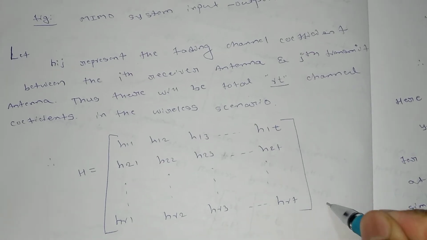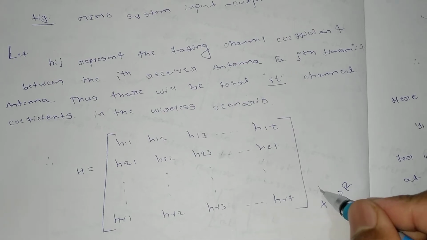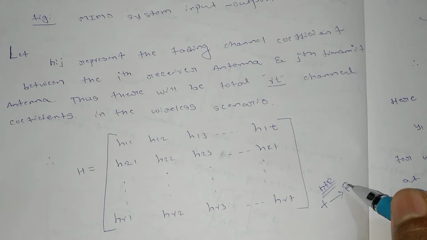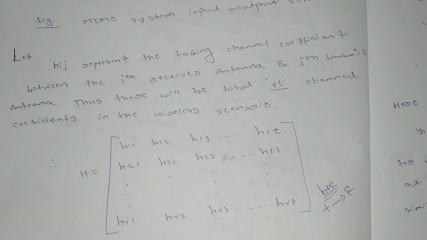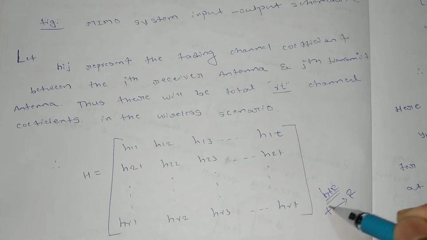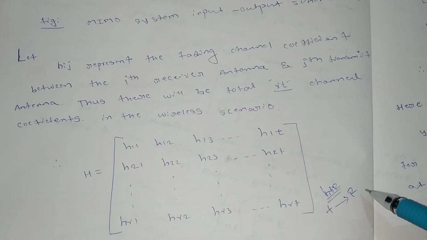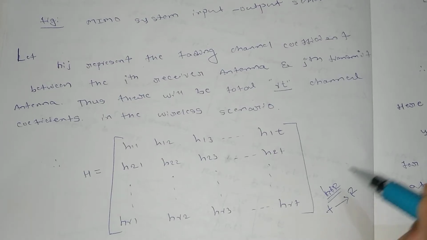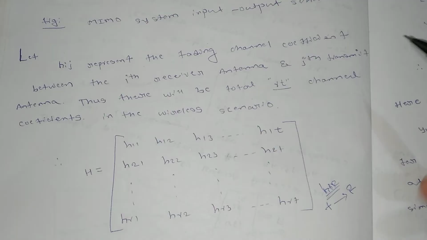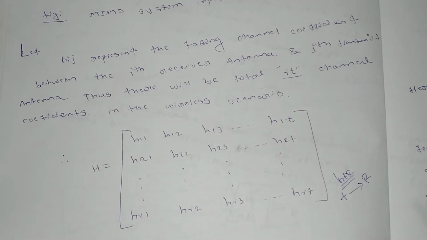So I have a transmitter here and a receiver here, and there we will have one set of channel coefficients, I can say. So this is the channel coefficient. If it is a Rayleigh fading channel, then we will have a channel fading coefficient which will be multiplied with the input signal, and it will be received at the receiver. So we need to filter these things in order to get the original signal. That's why we should know what the channel matrix is first, then we will be able to filter it out.